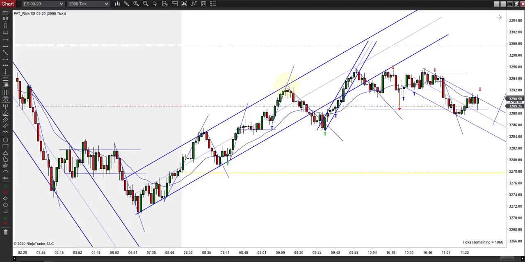But if you count that as a first entry right there, which some of you did, a lot of you took the second entry right here, and you're just too early. You got the right idea. You're still looking for a long here, but you're too early. So notice you get the break, the new low. Again, that's perfect price action, and it reverses. And you might go long here with that break and new low,